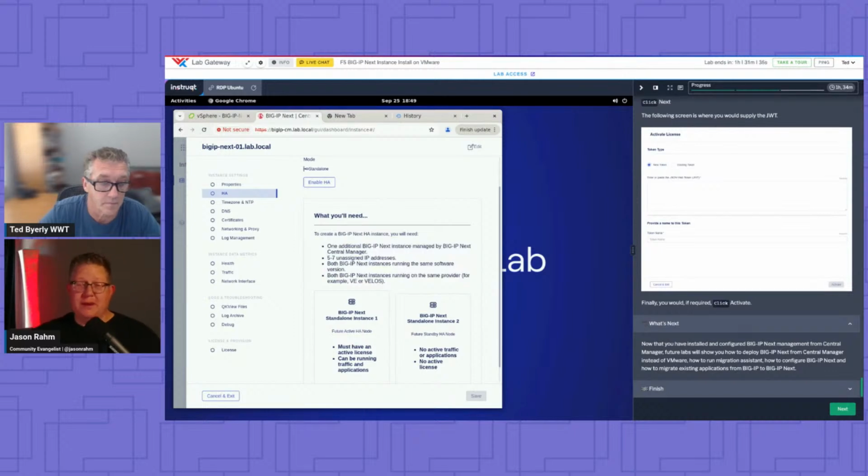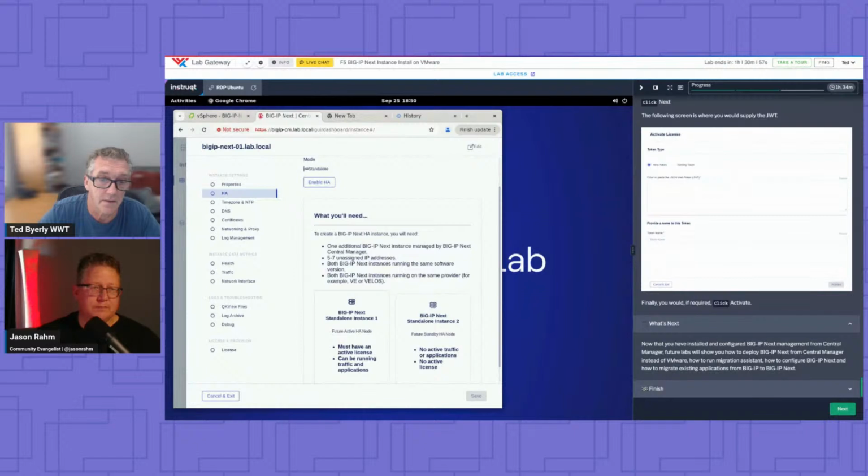From a Central Manager perspective, it's considered one, which means you don't have to have two licensed systems. You're only applying one license to your HA pair. In fact, it won't work to pair them if they both have an active license. So when you're getting your instances set up, you license one of them, the other one's not licensed, then you can pair them. And so that's new from Classic. And there is no DSC HA system in Big IP Next today. It is really just active standby.